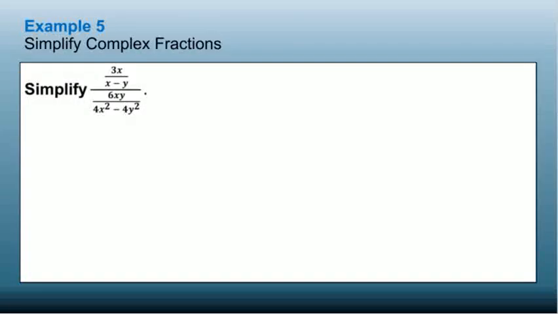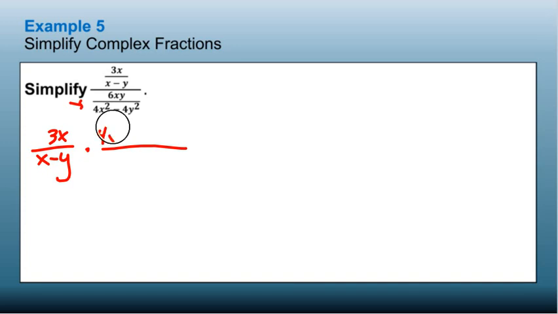Next, simplify the complex fractions. So the first thing I'm going to do is rewrite this. So this would be 3x over x minus y times the reciprocal. And I'm going to write the reciprocal in factored form. So my denominator here goes now on top. So I can factor out a 4. That's actually a difference of squares there. So this would be 2x squared minus 2y squared times,